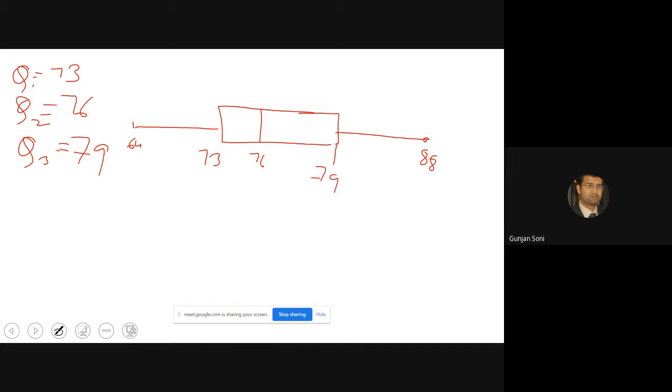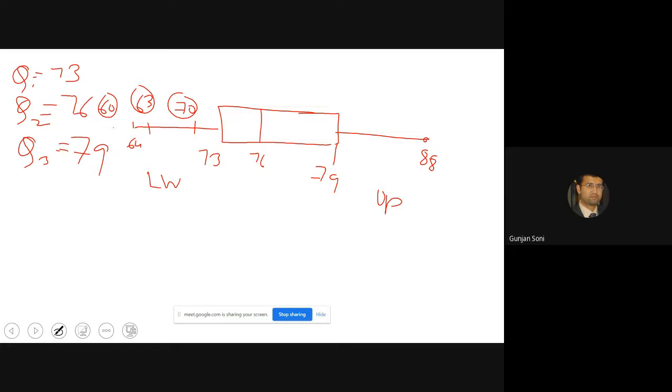So 73 is anyway this one, 70 here, and then you have 63 and 60. These are three different values, which are in the lower whisker part. This is LW, the lower whisker part, and this is the upper whisker part.